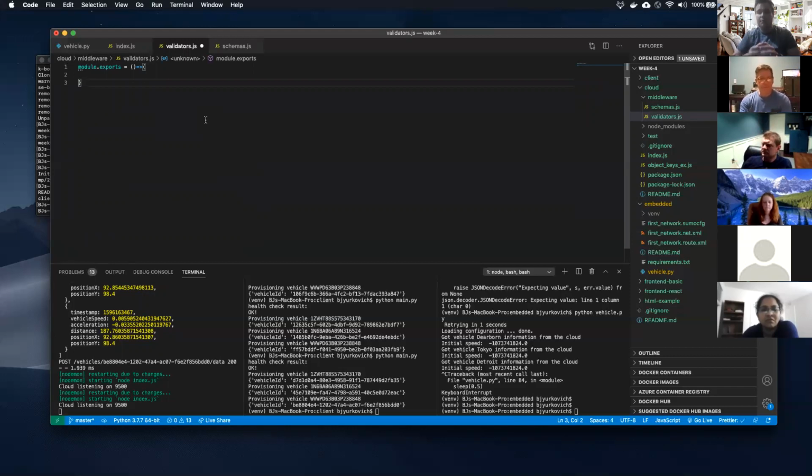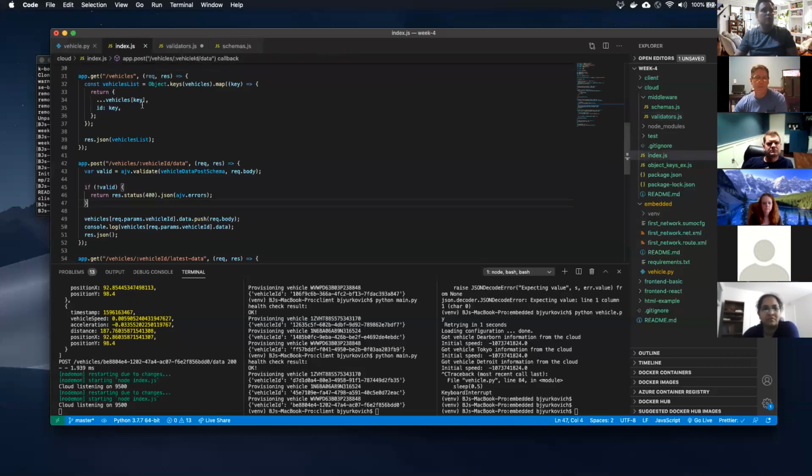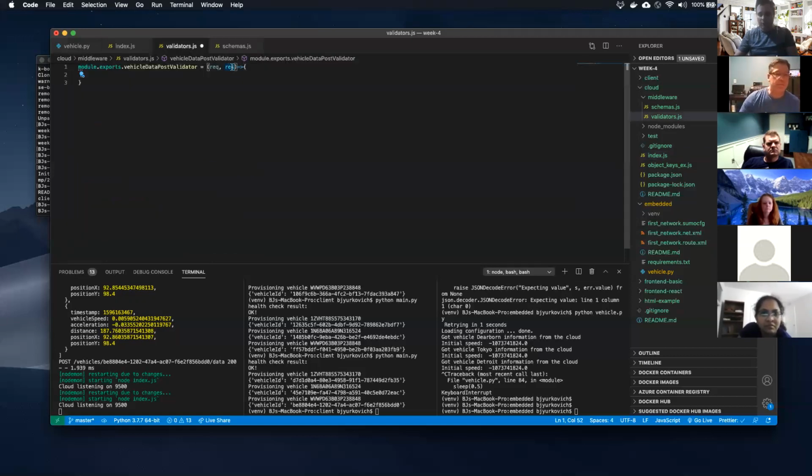But let's put it in a function and call it, but put it in line with all the other stuff that's happening. And so I'm going to make this validator. So let's do a vehicle data post validator. So once again, module.exports, and I'm going to create another route, almost like that get route. I'm going to say request, response. So that should look the same as one of our function handlers that handles our requests in. But I'm going to add one more thing. I'm going to call next, another parameter called next. We'll see what that does in a second.